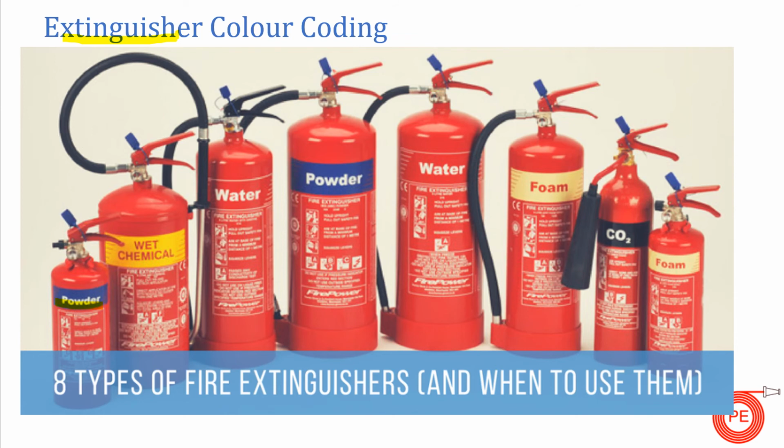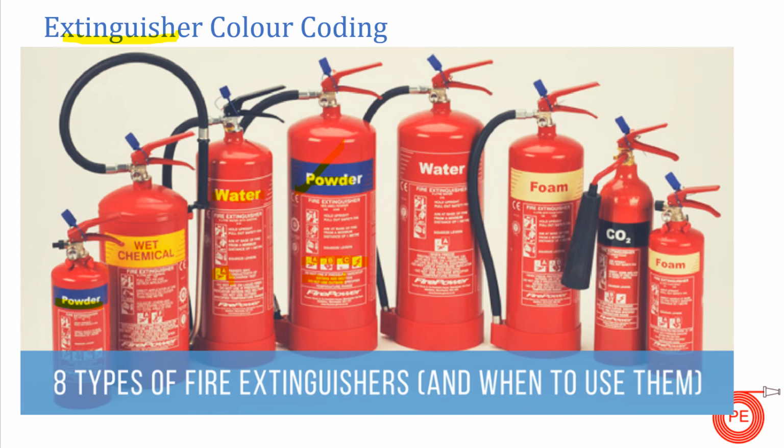Other than that, the fires which can be extinguished by the fire extinguisher are also mentioned. If you can see here, A, B, C have been written here. So this is a dry powder type fire extinguisher. Powder is mentioned here and it is used to extinguish A, B, C type fire. Next one is this water type fire extinguisher. There is a red marking on it and water is written here in white. And if you can see here, A is written. So A, that is fire caused by solid materials like paper, textile or wood, can be extinguished by this fire extinguisher.